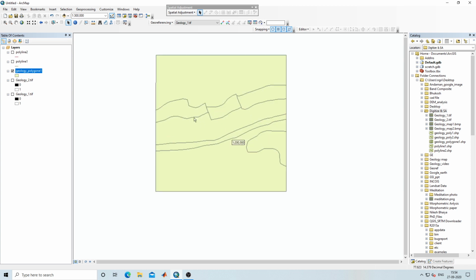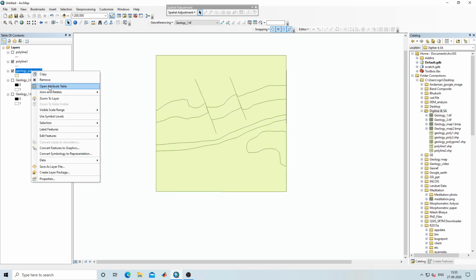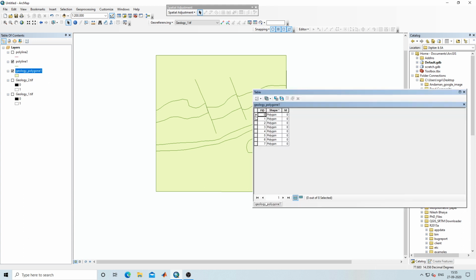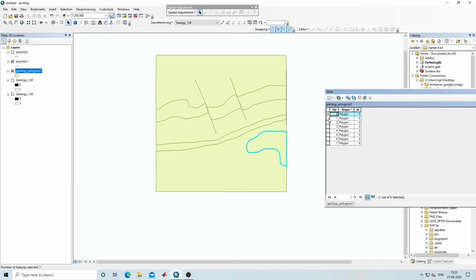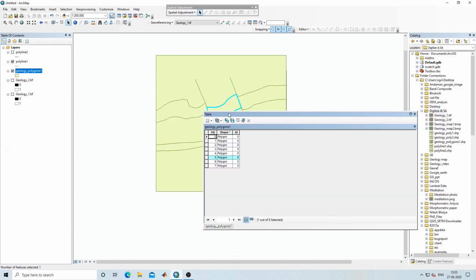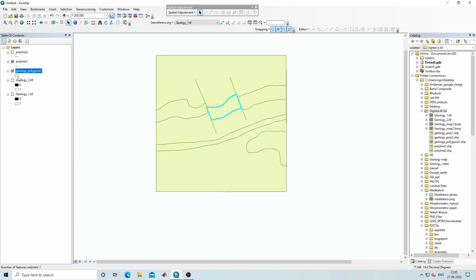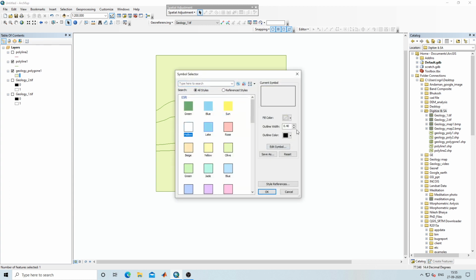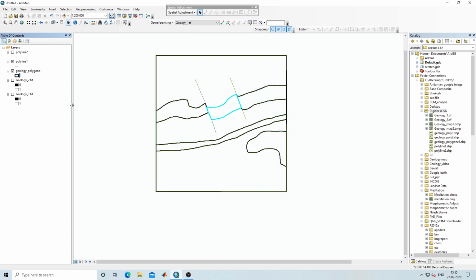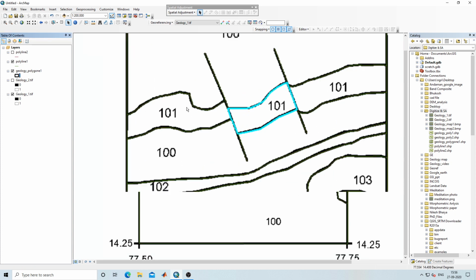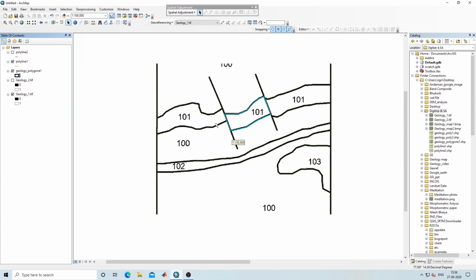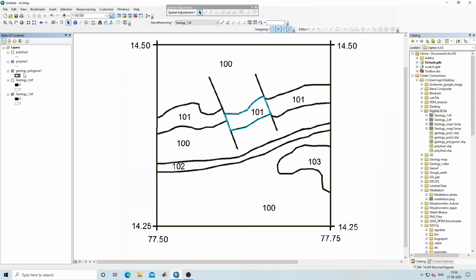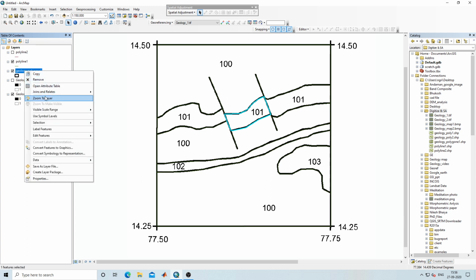Now you can see these are different polygons. So now we can see this is our polygon feature. If I open attribute table, you can see different polygons are created. So now it is no more line, it is polygon. So what we need to do, I will hollow this and I will take our geology first image, and we need to add attribute table. We need to update this attribute table. What I will do, I will right click, open attribute table.